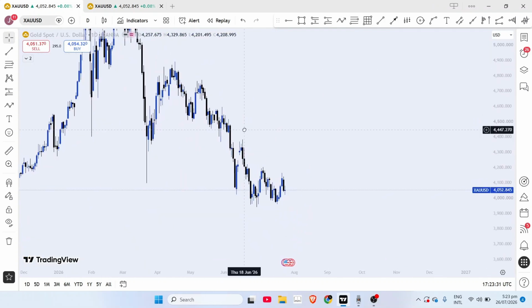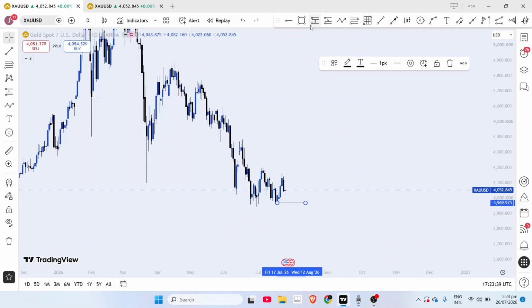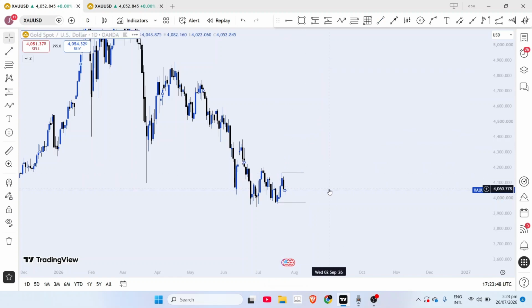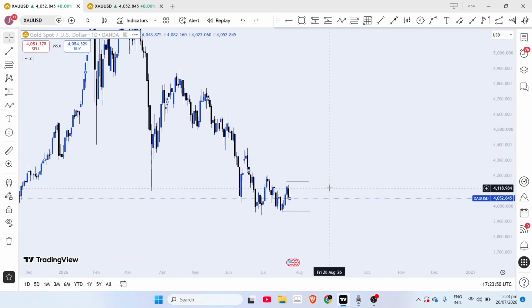The momentum is crazy. But what can we see now? Let me mark this range. This low, and this high. So this is the range I'm looking at on gold, and on a 4-hour time frame,